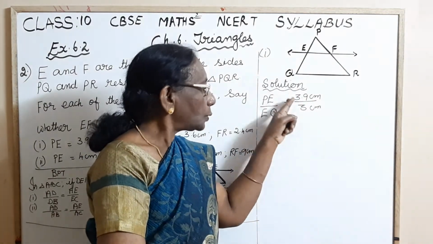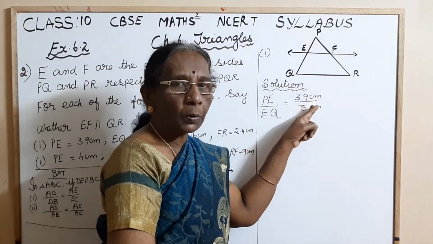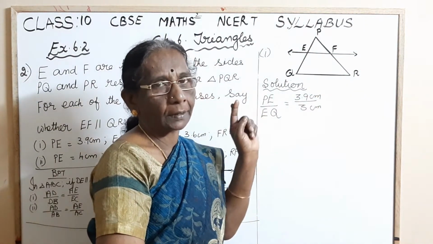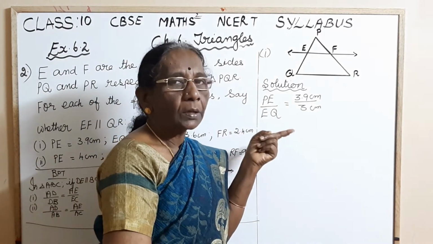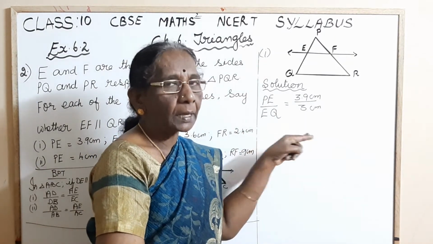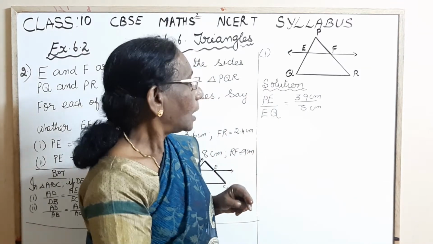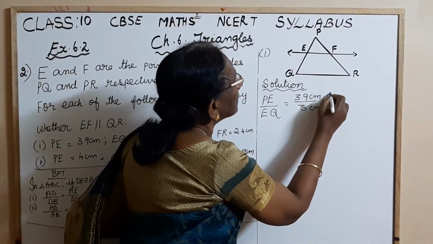So if you have two decimal places, you have to multiply by 100. Already we have studied this in the lower classes. So we are going to apply that now. Okay. So into 10.